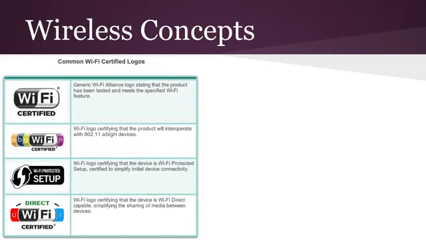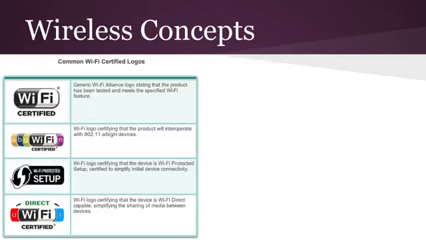Now, as far as certifying that certain devices are Wi-Fi capable, there are a few organizations that do it, but we're going to be focusing on the Wi-Fi Alliance with these logos that I'm sure you've seen maybe once or twice. The first one is the generic Wi-Fi Alliance logo, and it states that the product has been tested and meets the specified Wi-Fi feature. The second implies that the product will interoperate with 802.11a, b, g, or n devices. Now the third Wi-Fi logo